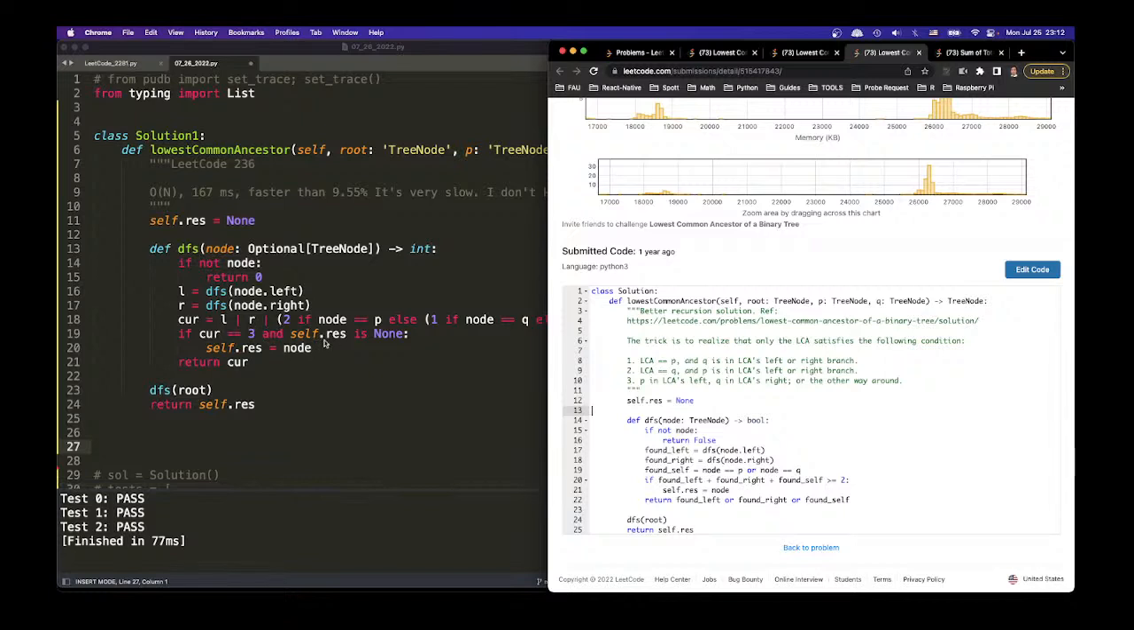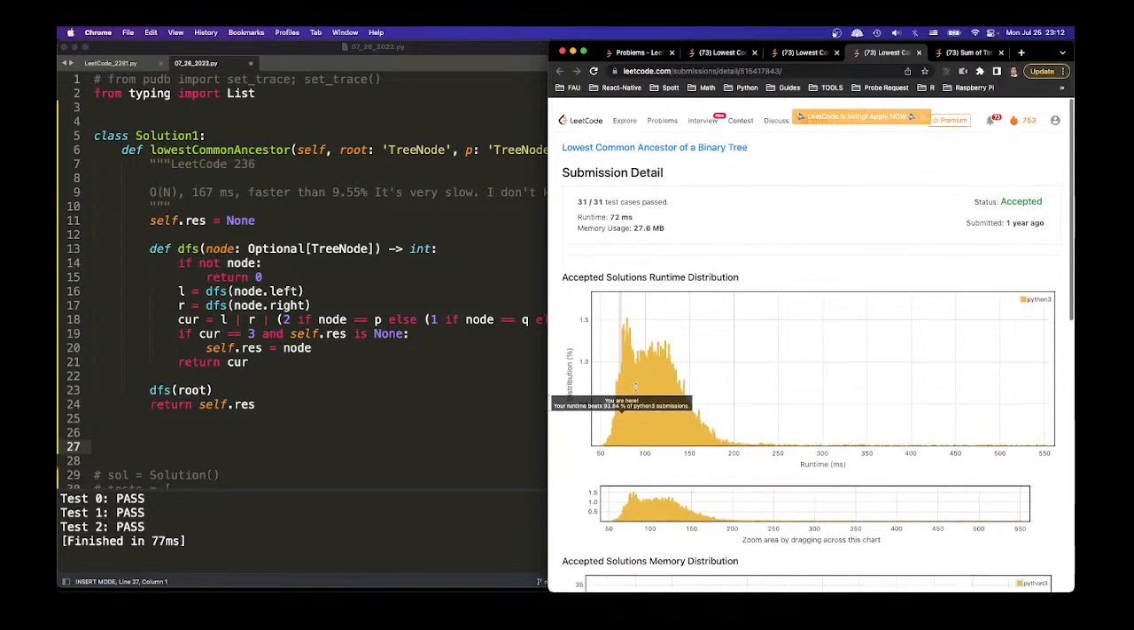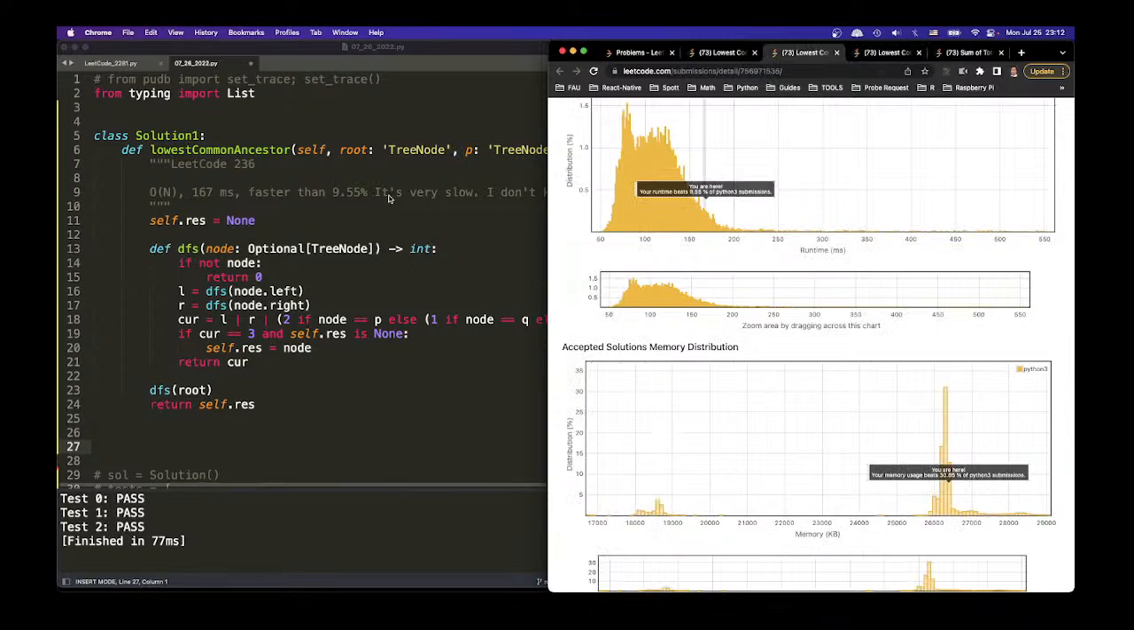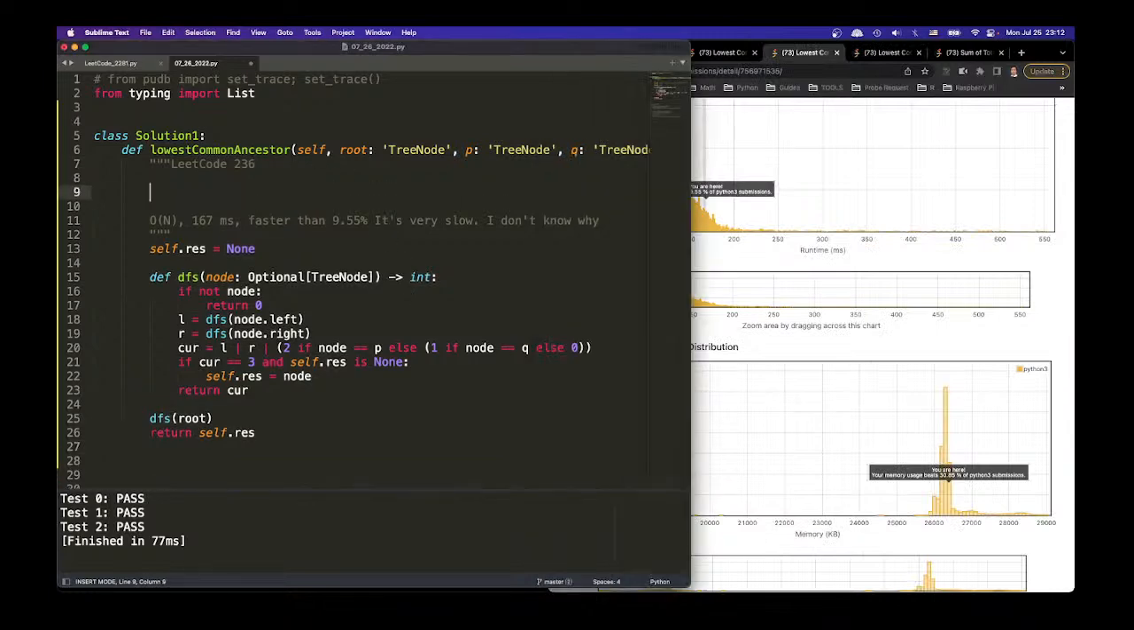So I think it is the same. I don't know why this just becomes so slow. I can actually mention it. So